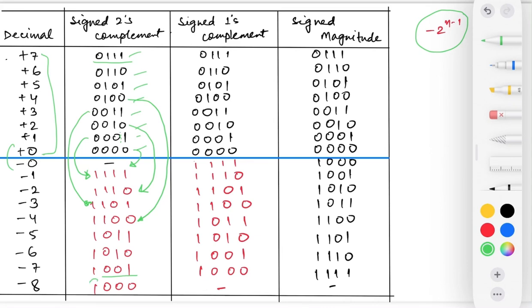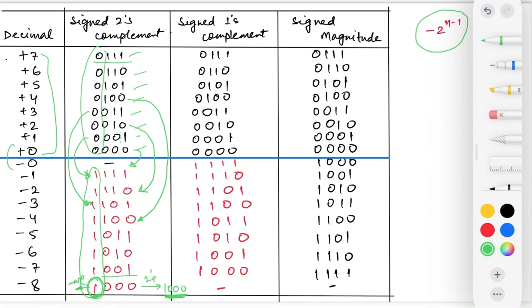As you can check, the leftmost bit for positive numbers is 0 and the leftmost bit for negative numbers is 1. So 1 0 0 0, if you take 2's complement of this number, you will get the same number again. So 1 0 0 0 is not +8, but it is recognized as -8. Why? Because the leftmost bit is 1, negative. This bit is telling us this is a negative number. The leftmost bit tells you the sign. Take 2's complement, you will get the same number.